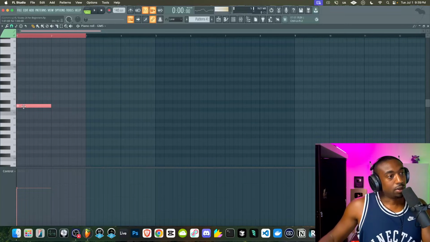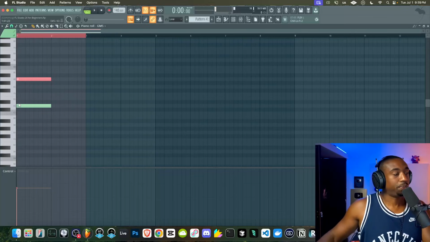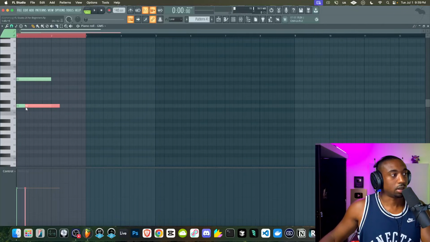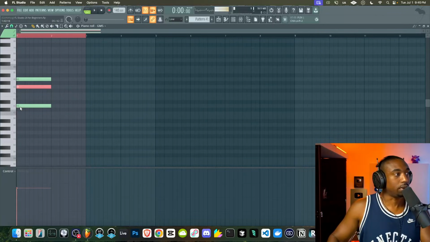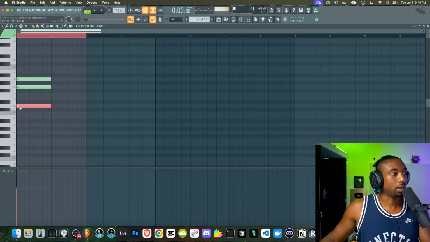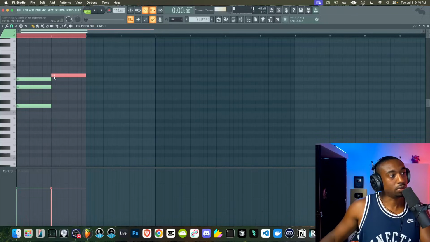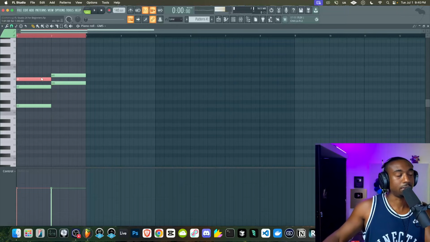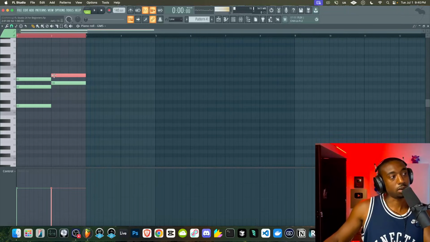So let me give you guys 7 notes that always work. Take the root note, in this case D, hit Shift, pull this up 7 notes, 1, 2, 3, 4, 5, 6, 7. Take the root note again, clone it, pull it up 5 notes, 1, 2, 3, 4, 5. Take the root note again, and then add a note above what's called the 5th, which is 7 notes up, and a note below. It's called the sharp 5th, flat 5th.